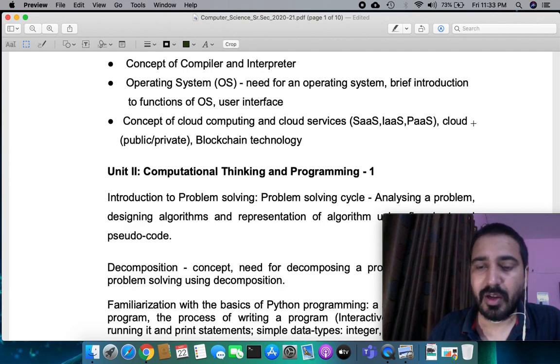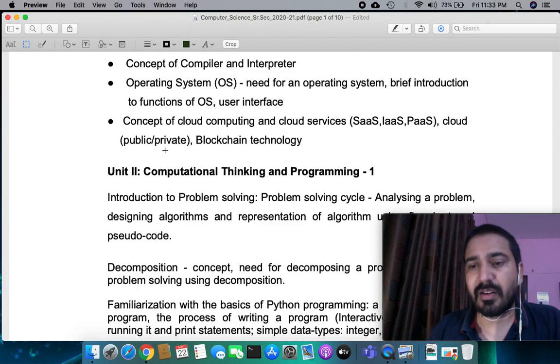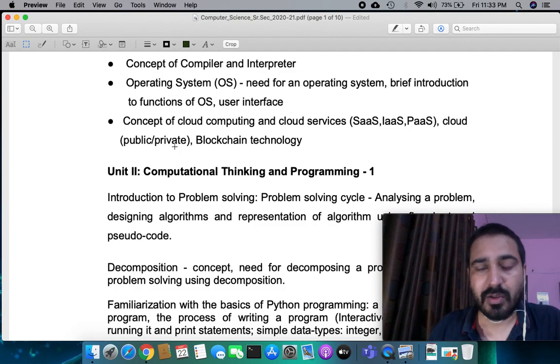For cloud, you are not using your own infrastructure, everything is over the internet. You are using those machines by remotely logging in over the internet. That is called cloud. Public cloud is when anyone can get access. Private is when you need to use your private key to have access. That is a private cloud.